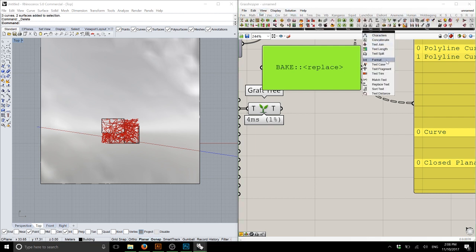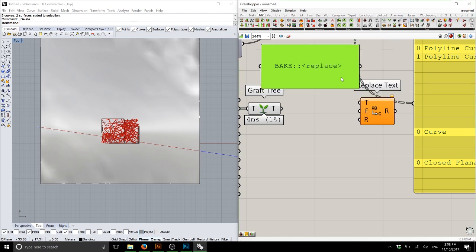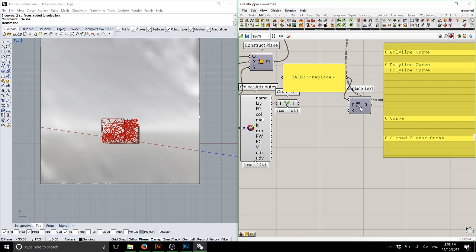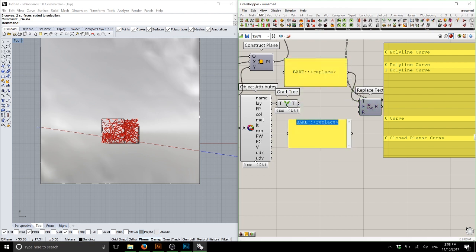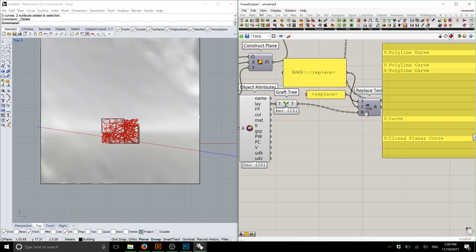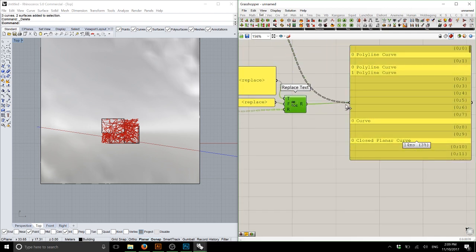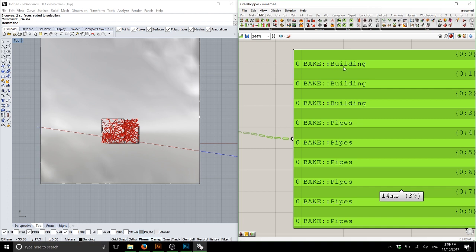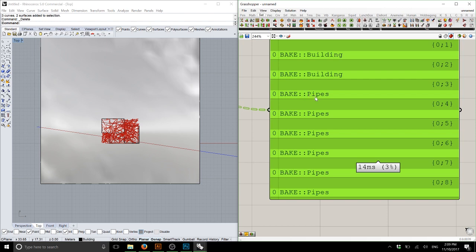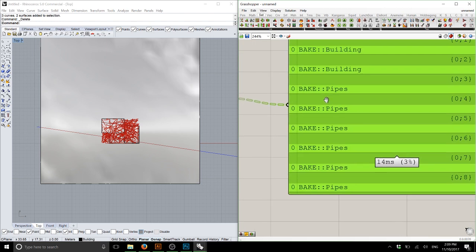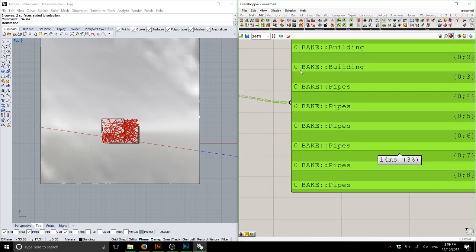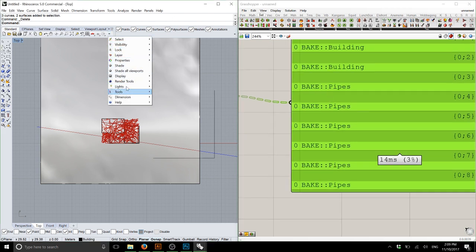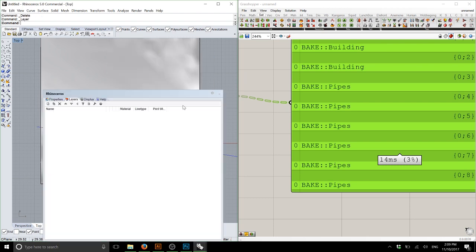with our base names. So for example, I'm going to use replace text. With replace text, we replace that tag with the name of our layer. So what that will do is produce bake, and under bake, building, and then bake, and a subset of that is pipes. Cool? So just to demonstrate what that actually does, if I go to edit layers now,